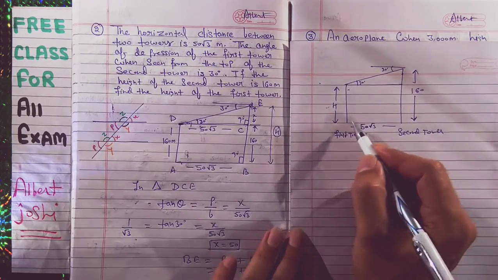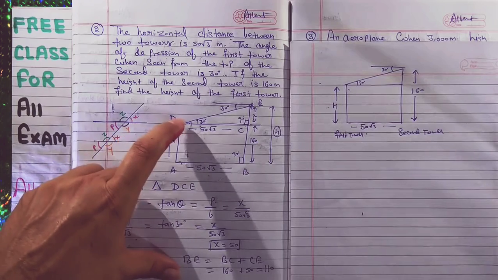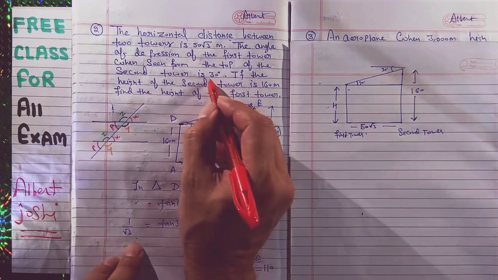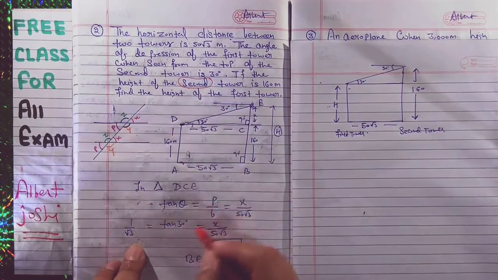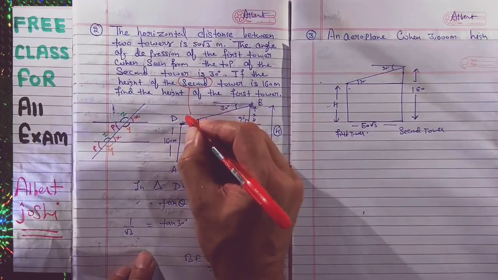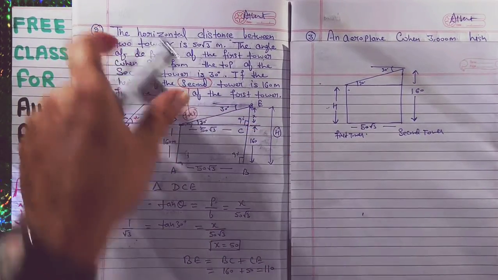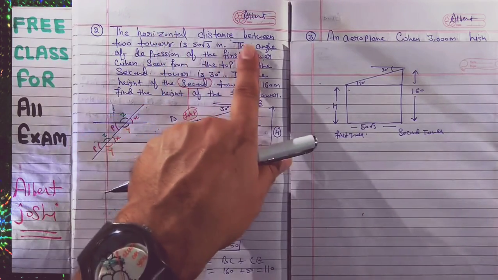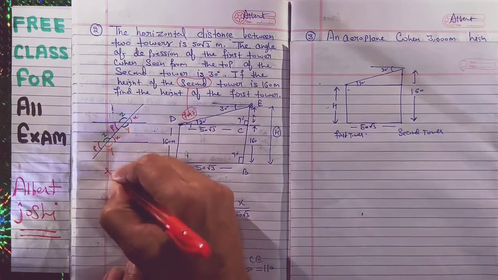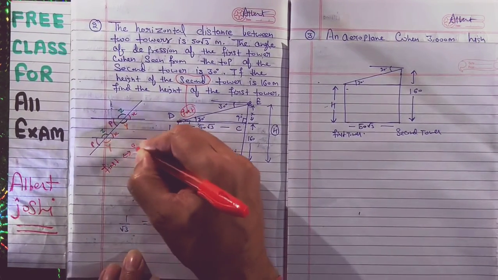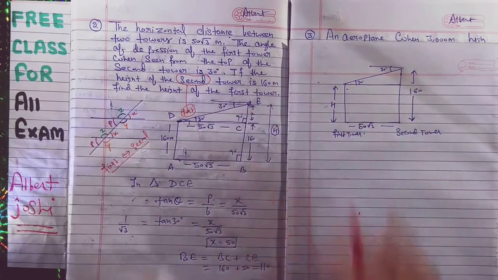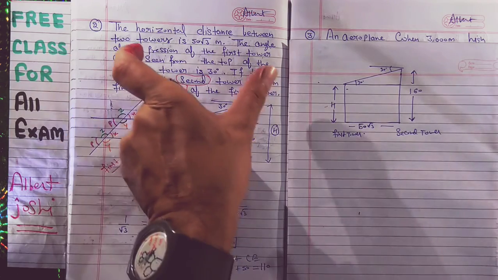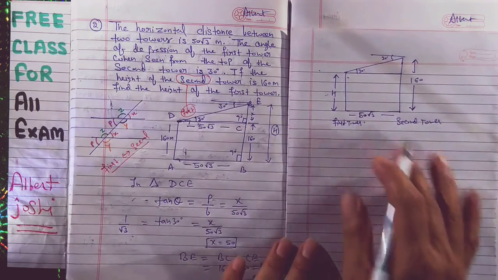Very simple. Okay, what we have done here, we are doing one correction. He has done second tower. For this solution I am writing here, this is the first. If in this question he will write here first tower, in place of first you have to write second, and in place of second you have to write first. Change the first and second, then this problem we have done. Okay, suppose according to this your problem is again the same.